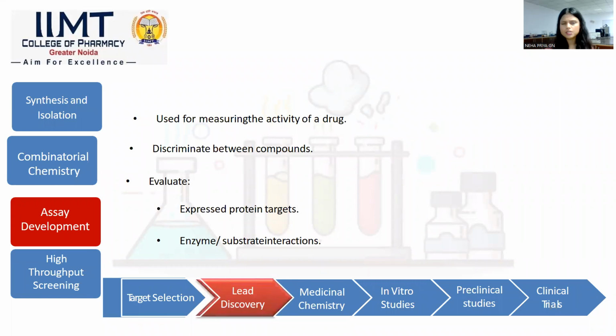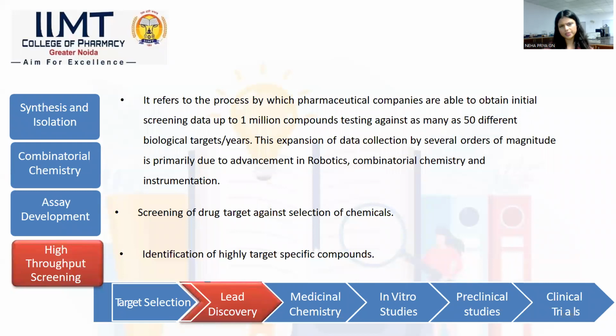Next point is assay development. In assay development, after our lead is synthesized, our lead is done, we need to measure the activity that can be done by the drug. These come under assay development, and the most important part is high throughput screening. Basically, in this we can select a large number of drugs, and approximately 50 to 100 proteins, and we can screen these drugs at a certain time. So this screening is very important, as at that time we can search over a large number of drugs, get the result, and screen large number of drugs